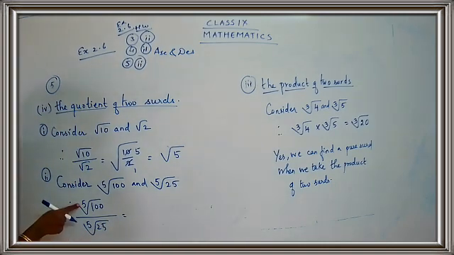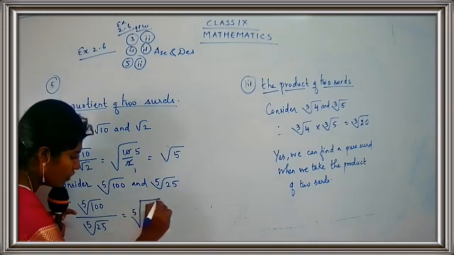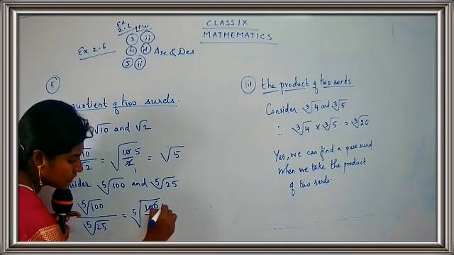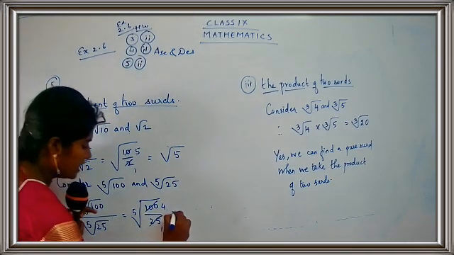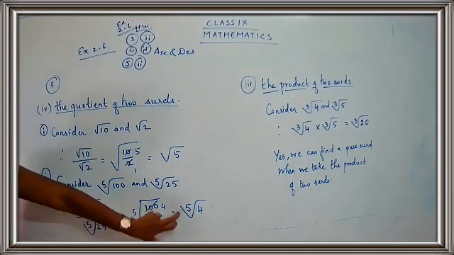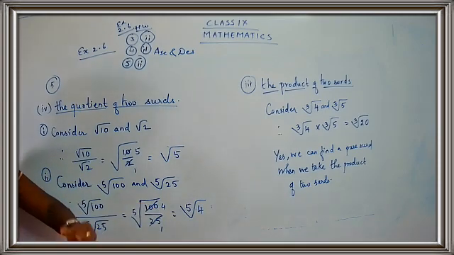So what is the root over here? It's 5. What is the root here? 5. So they have a common root. So this will be written as fifth root of 100 upon 25. So 25 ones are 25, 25 fours are 100. So the answer is fifth root of 4. So what is the coefficient? What is the number outside here? It's 1. Nothing is mentioned. That means you have to take it as 1. So fifth root of 4.